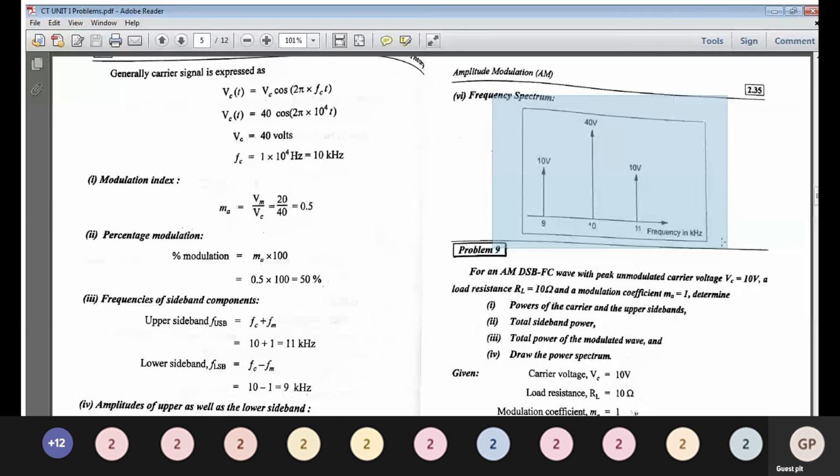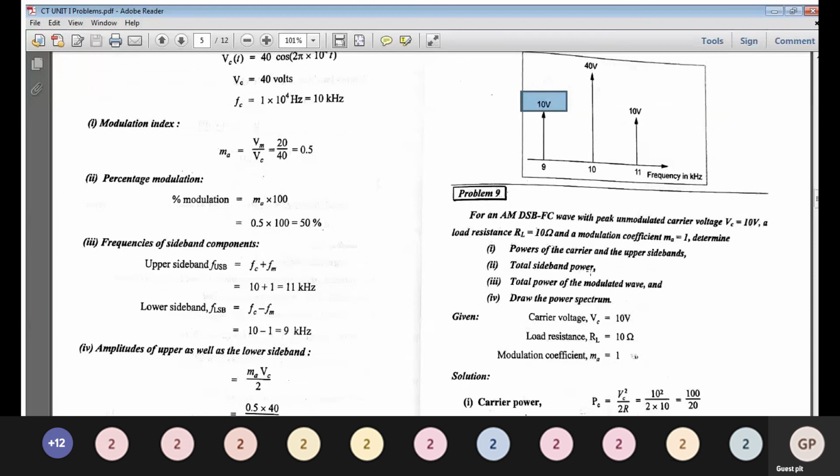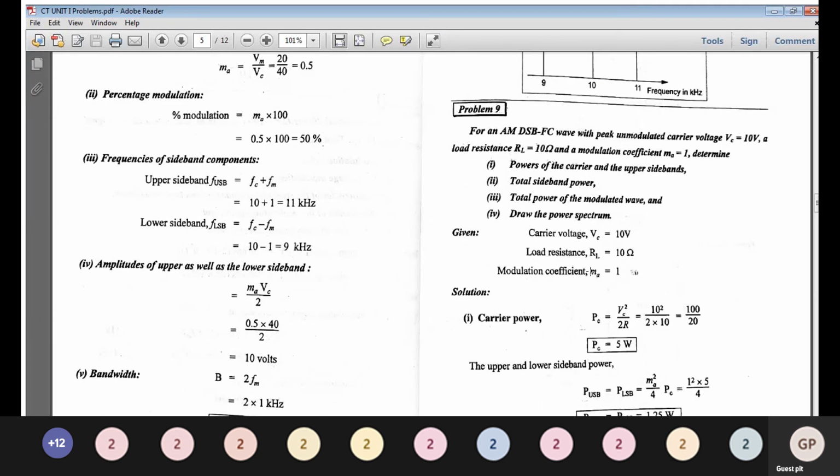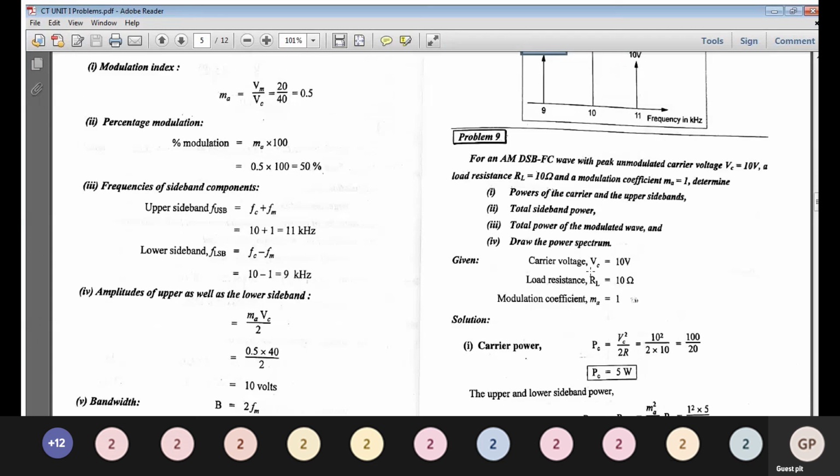Now we are drawing the diagram of the frequency spectrum. In the x-axis we have to mark 3 points and write the three frequency values. So center frequency is Fc, Fc equal to 10 kHz. Fc plus Fm equal to 11 kHz. Fc minus Fm equal to 9 kHz. So 3 points are marked and 3 vertical lines are drawn with arrow mark. The center value is Vc, that is equal to 40 volt. This is equal to MAVC by 2, 10 volt. This is MAVC by 2, 10 volt. That's all. So the frequency spectrum diagram is also over.